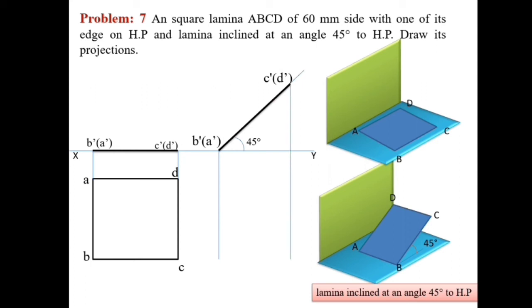Then you will project all the points. From the top you draw the projection lines. The intersecting points you note as A1, D1 and B1, and this is C1. Finally you join all the points with a scale, very thickly. So that is the true shape of our top view when the surface is inclined 45 degrees to HP.